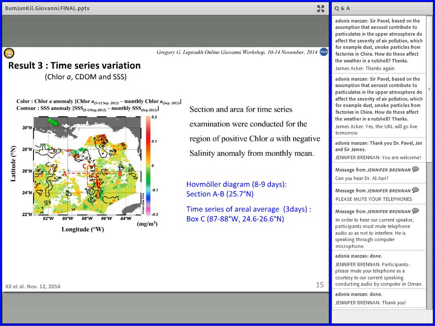The low salinity is indicated by negative anomaly. As you can see, this black contoured line corresponds to the positive chlorophyll A anomaly, and it's colored in the picture from yellow to red, appearing like a string. So we established the red colored box, indicated as box C, and the transects A and B